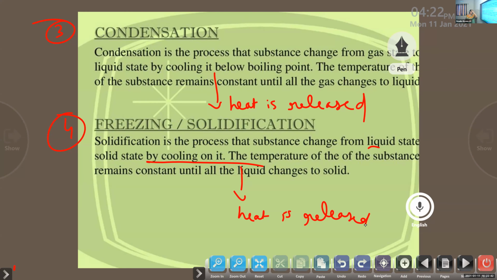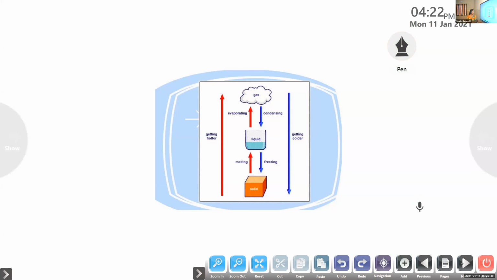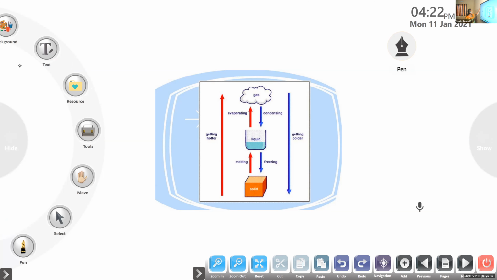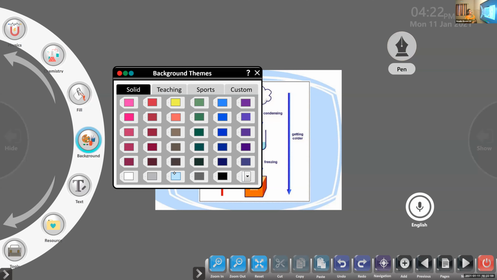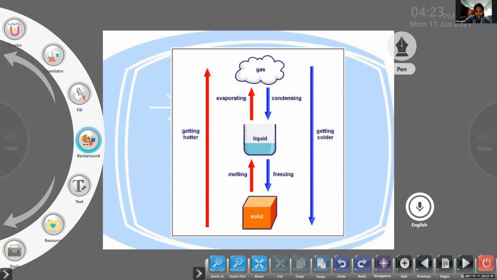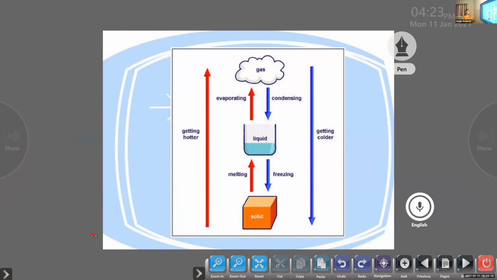So, this is the picture of what I was discussing, and in chemistry you also learned another word, sublimation. Do you remember sublimation? Anyone have any idea what sublimation means? Solid directly changes into gas. Yes, that is sublimation. Directly changing. So we have melting, evaporating, condensing, and freezing, and this arrow is showing the sublimation, directly turning into gas.